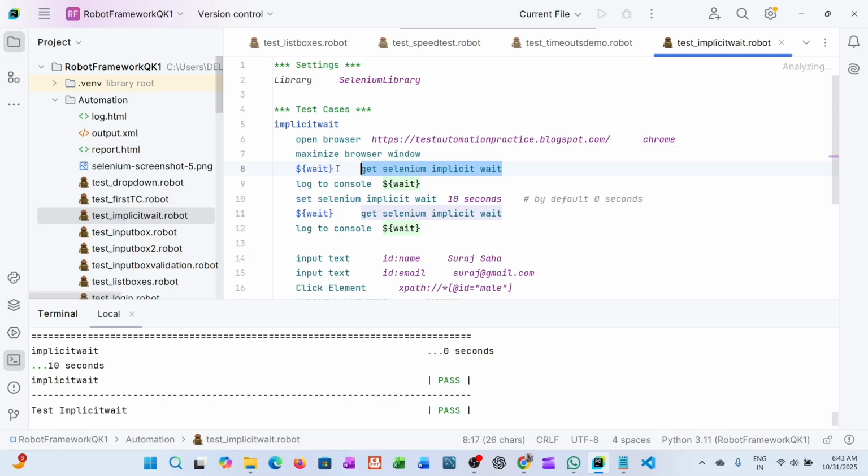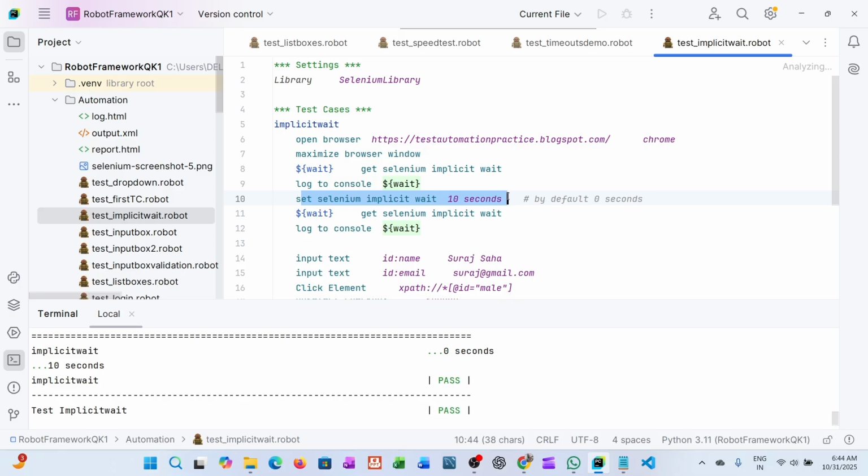We'll store it in a variable, wait. So dollar in curly braces wait will create one variable and store this wait, then we log to console before it started performing the action. After maximizing the browser, we'll calculate the implicit wait, then log to console, then we set selenium implicit wait up to